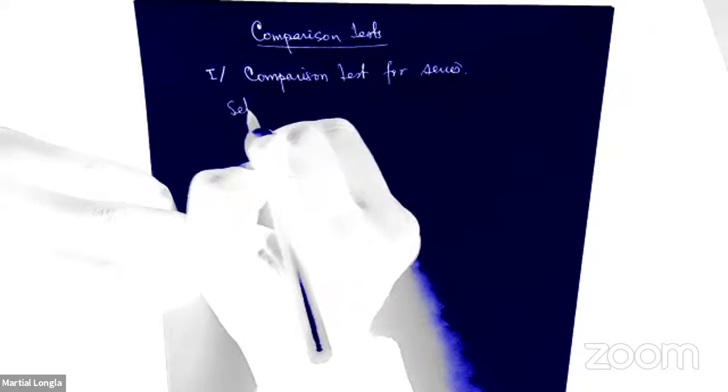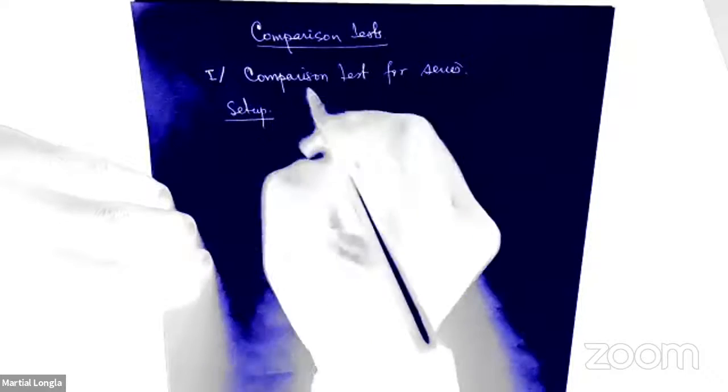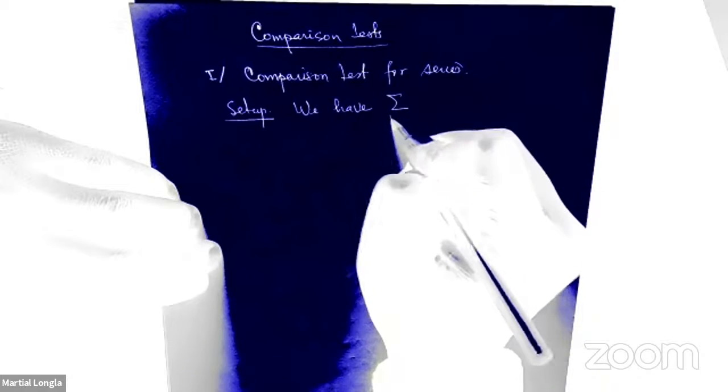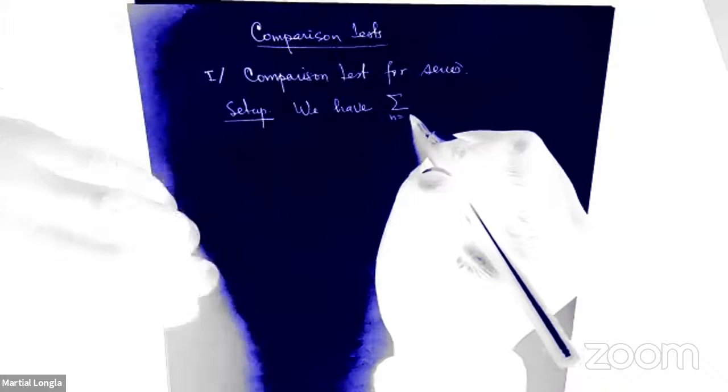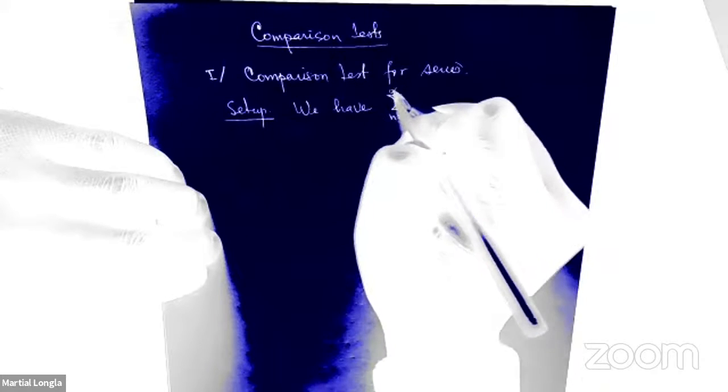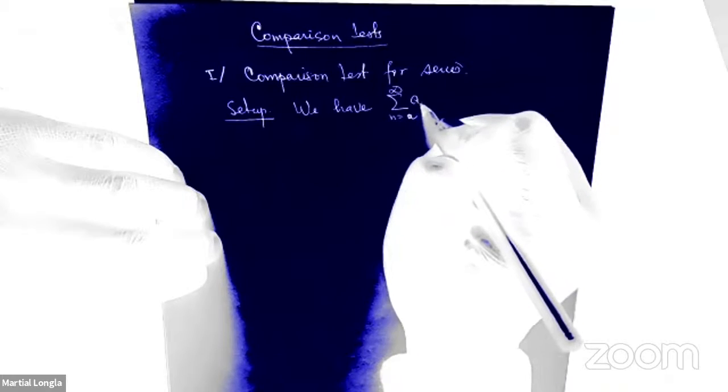So how does the comparison test work? We have a sum, from say a to infinity, of a_n. This is what you have, and